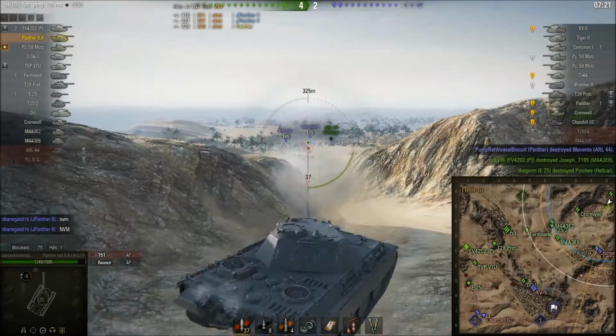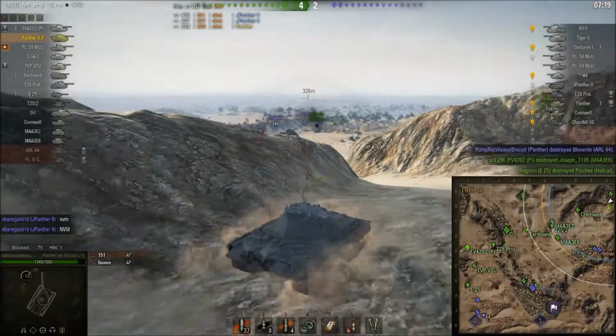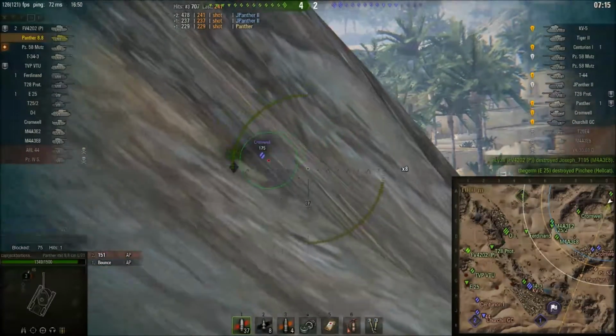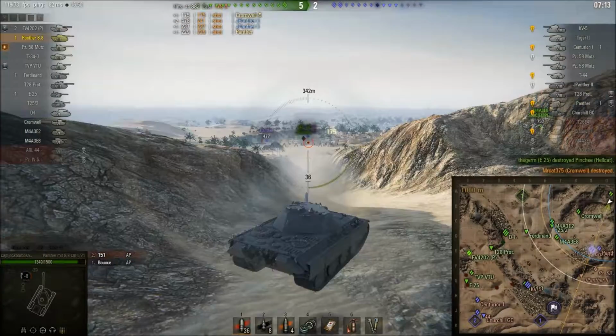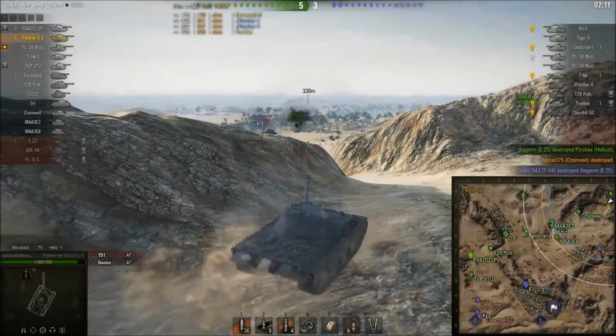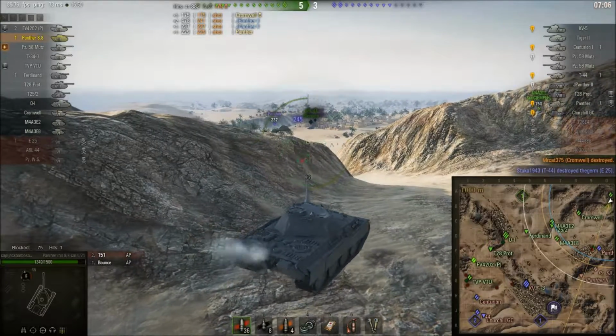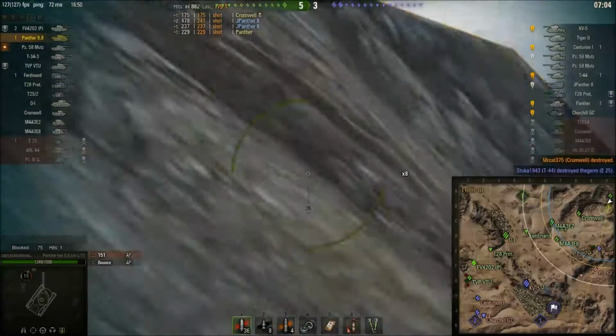And then the Cromwell, really unlucky shot there, bounced, or got eaten by the tracks. And just poking for another shot and picking up the Cromwell. And right now it looks pretty good. The scores are 5-3. We have knocked down quite a few of their tanks,